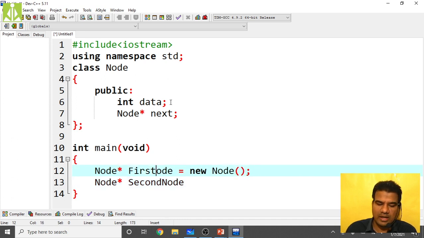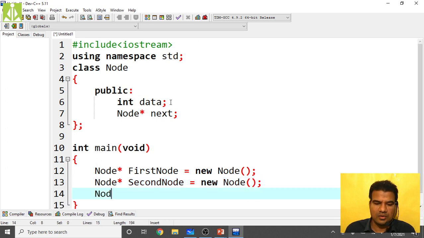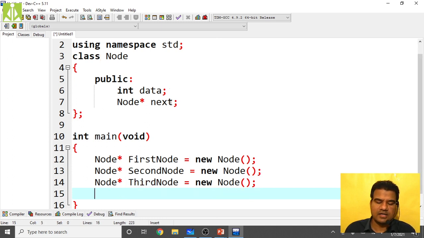This is giving more clarity, right? So first node, second node equals new Node, then my third node, Node star third node equals new Node. So like this, now I have created three nodes.